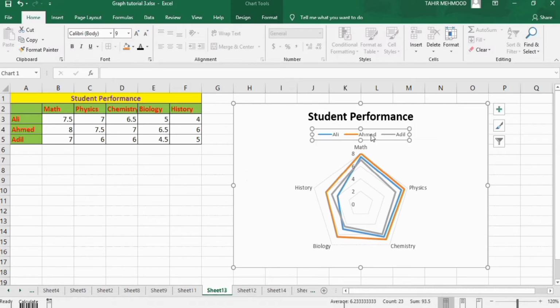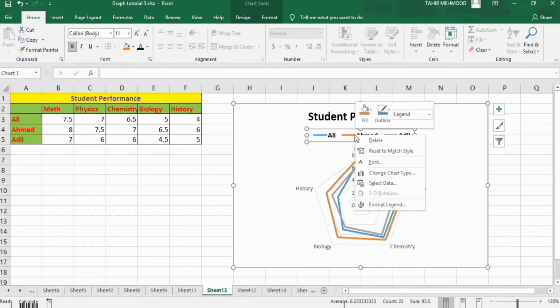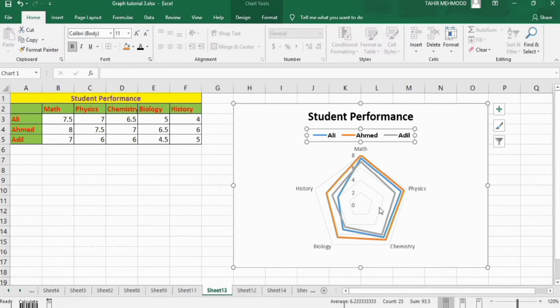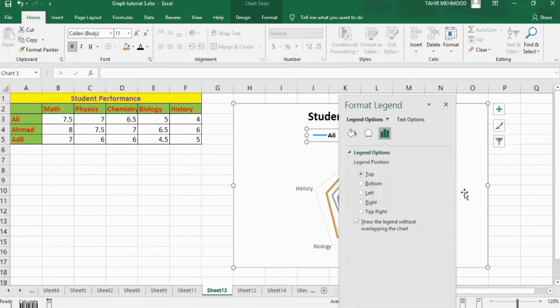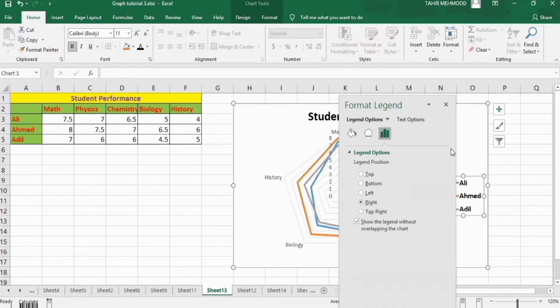After that, I will select this legend, bold it and 12, change color to black. Now right click on it, go to format legend option, and I want to place it here, so I will select right,